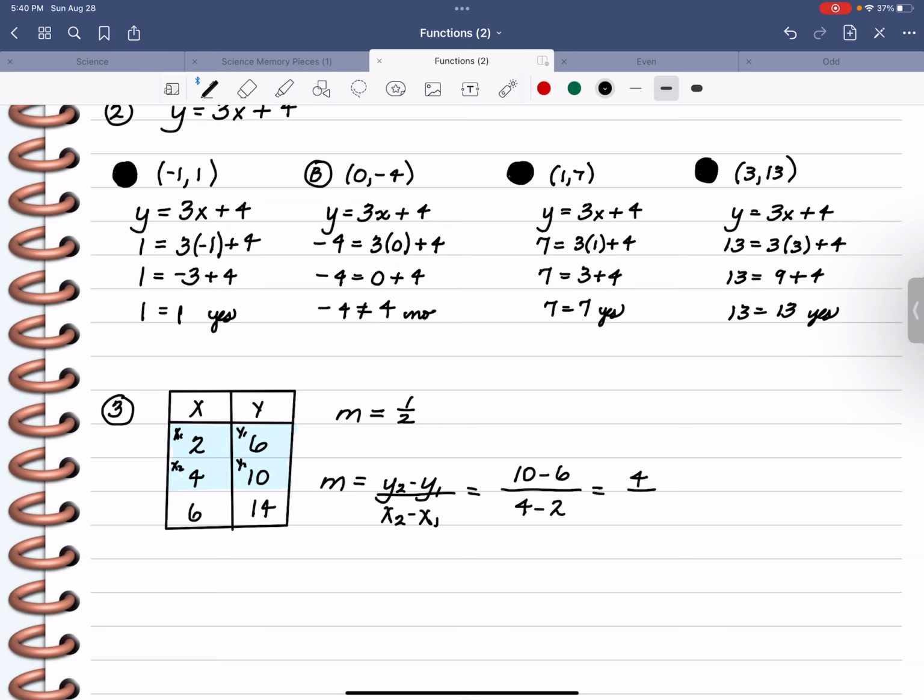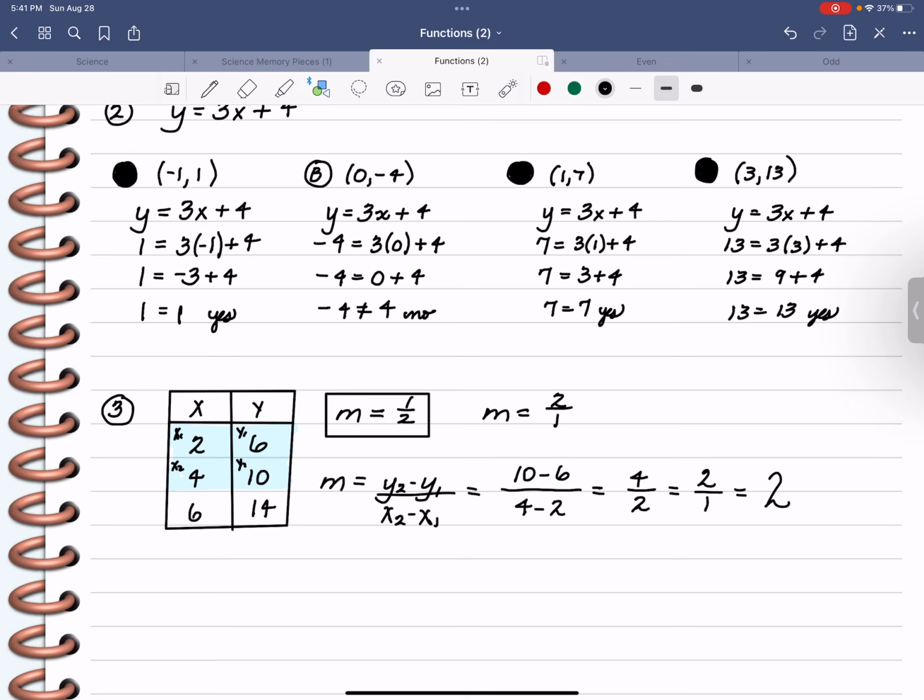And we end up with 4 over 2 or 2 over 1 or 2. So I can tell you what Lincoln did. And here's the way I know. Lincoln's answer and my answer